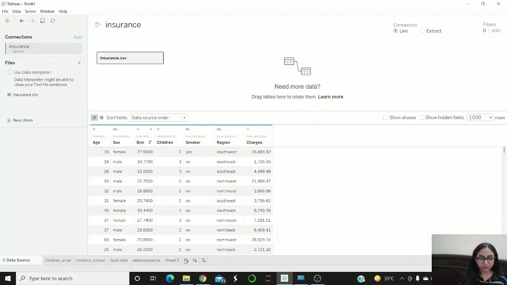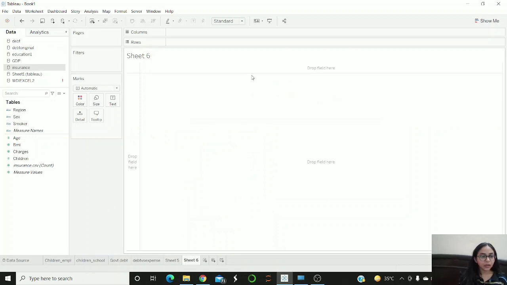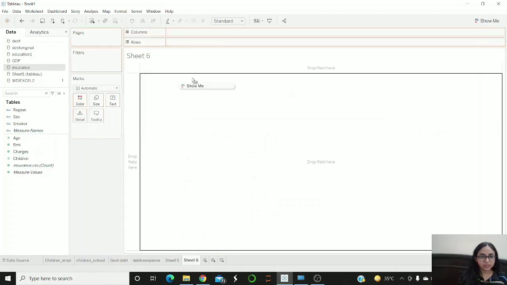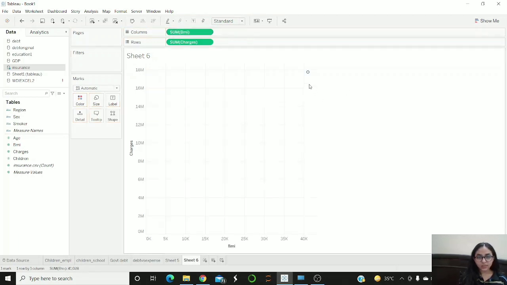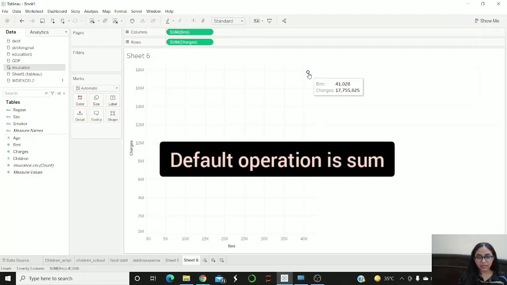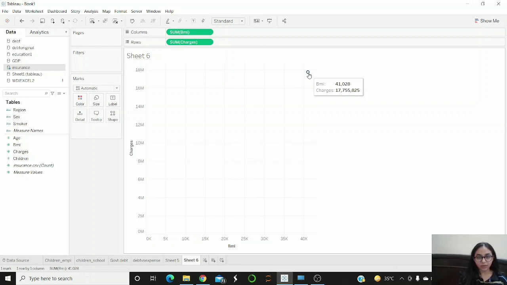Let me introduce a new sheet here. Alright, so I'm going to go with charges. Let me drop it here. Then maybe BMI. Alright, so we see one dot. Why is that? Because, as I told you previously, the automatic operation applied to a measure is summing up.